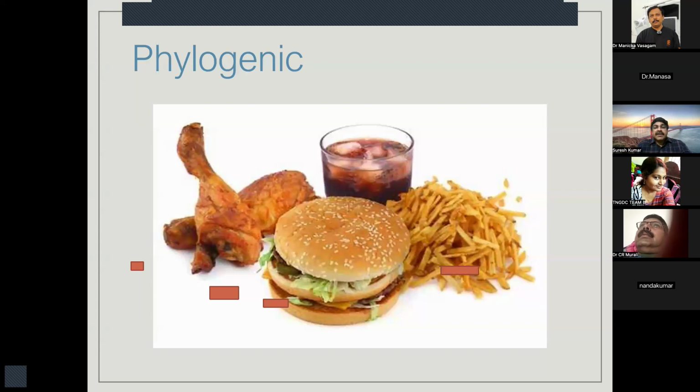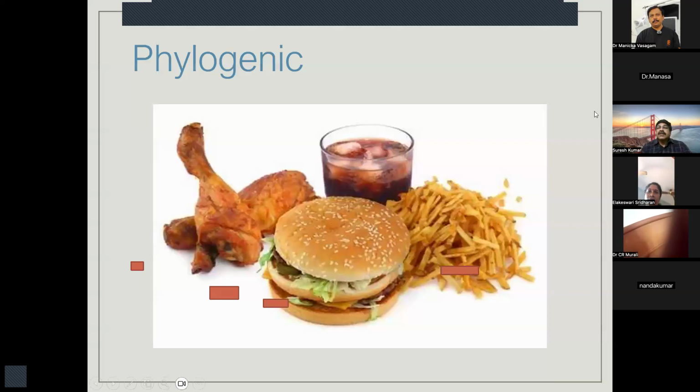But when you start taking softer diet like these burgers, these French fries kind of thing, and when you don't eat anything fibrous, there is no activation of the muscles. This leads to less functional stimulation of the jawbone, leading to gradual reduction in the size of the bone development. The bone has to be large enough to accommodate all the teeth. So when the jaw size is smaller, the tooth size does not change. What happens is the last tooth which gets into the mouth is going to get trapped inside or get impacted. This is explained by a theory called phylogenetic theory.